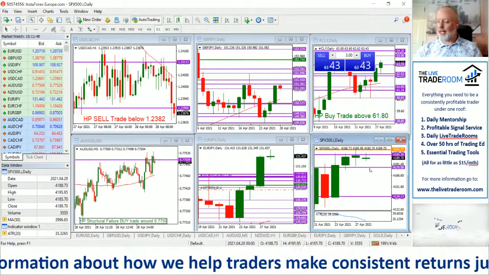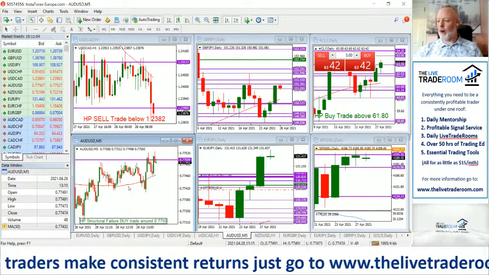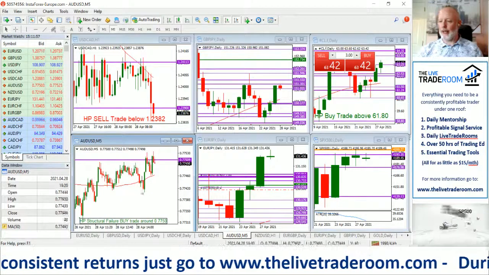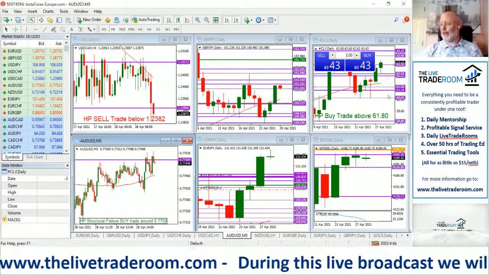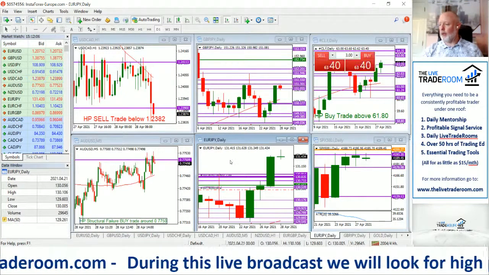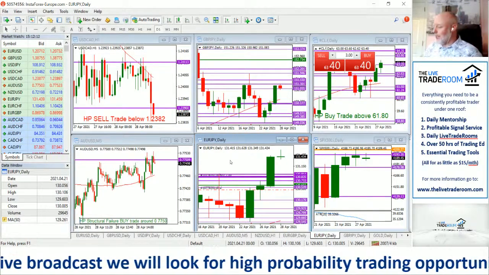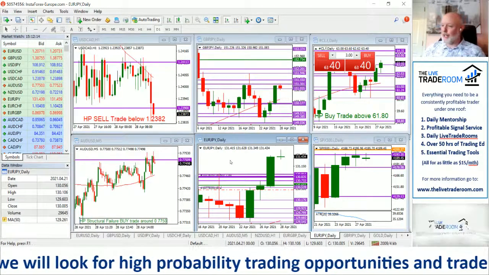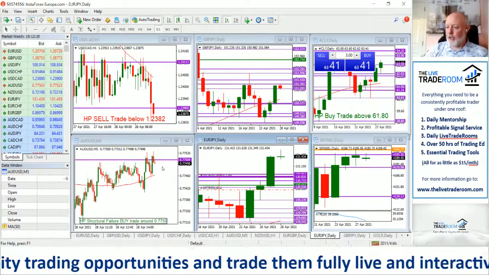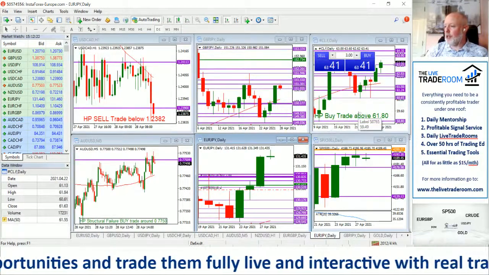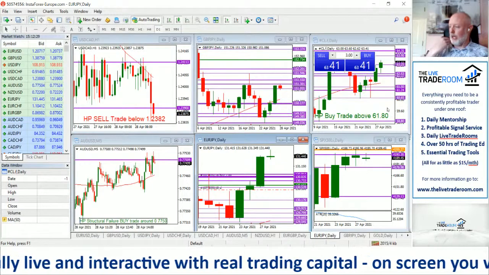Will we get a bit of positivity maybe going into OPEC? The market that's probably most primed for an opportunity right now is the dollar CAD to the downside and the Aussie dollar further to the upside, and perhaps crude oil as well. So we were looking for further yen weakness, and it looks as if the yen is just taking a little bit of a pause, but that's really all it is. It's nothing more than just a light pause. So hopefully we might be able to get into the Aussie dollar now in just a second. The buy trade above the 61.80 level, so we're nicely above that.